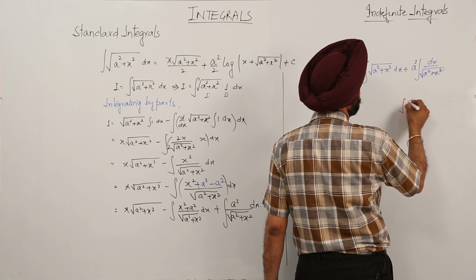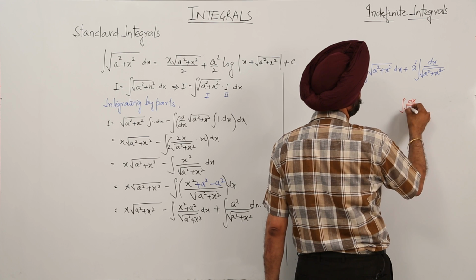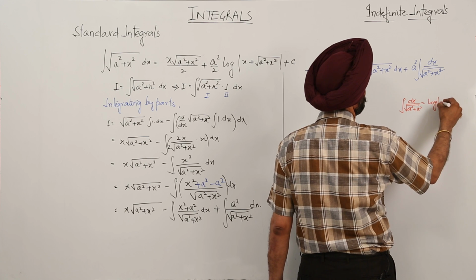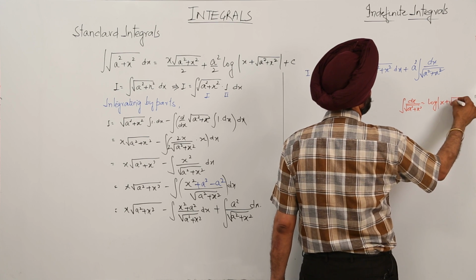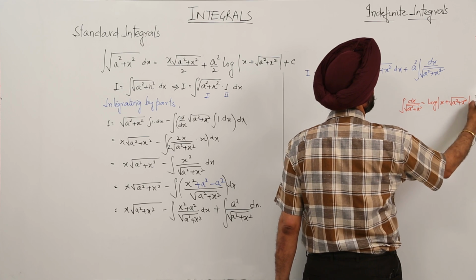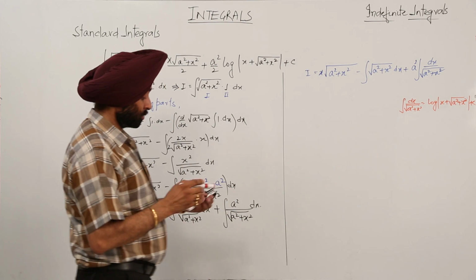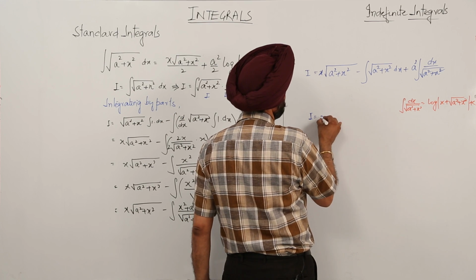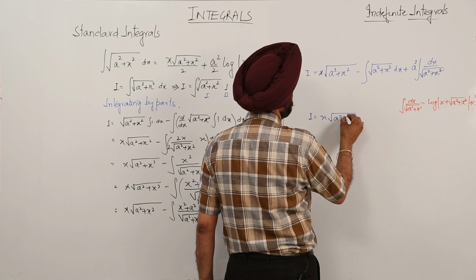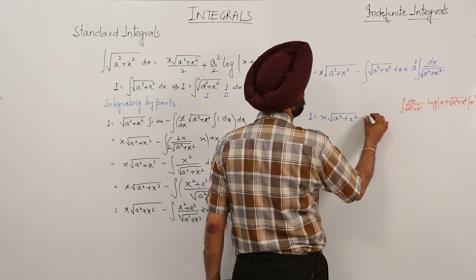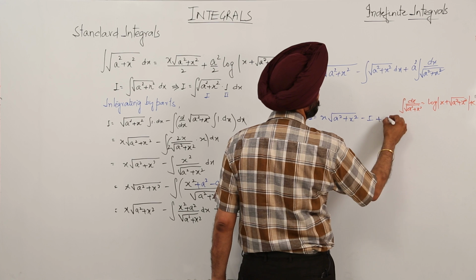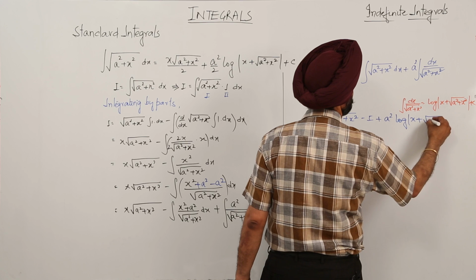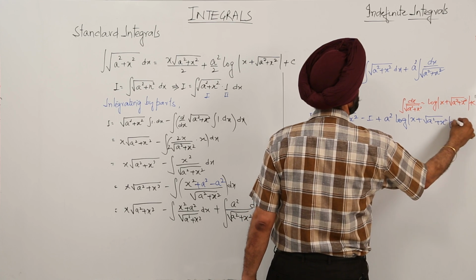Now what are we having? Integration of dx upon square root of a square plus x square is equal to log mod of x plus square root of a square plus x square plus c. Okay, so now we are going to use this part. x square root of a square plus x square plus a square log x plus square root of a square plus x square plus c,